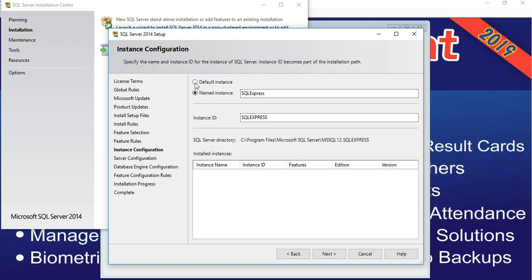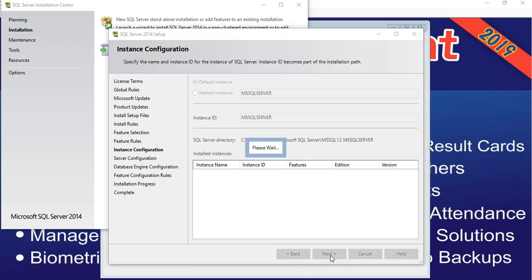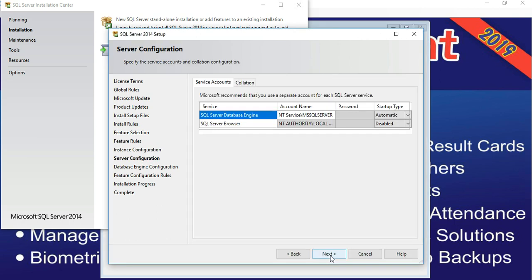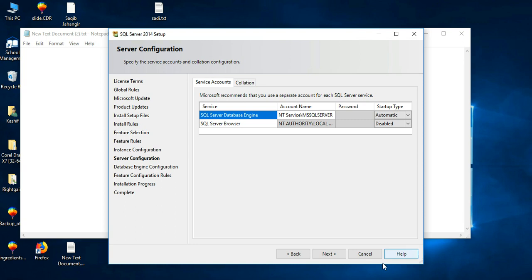Here you have to select default instance. Make sure it is default instance MS SQL Server and next. Server configuration, yes, next.